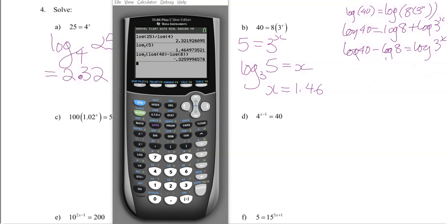In the grand tradition of carrying on when you really should not have done this, log 40 minus log 8 we could work out. It's just a number, right? It's 0.698997, and that's going to be equal to x log 3, because with a power, you can pull that down. So x is equal to 0.6989 divided by log 3. So if I take that and divide it by the log of 3,